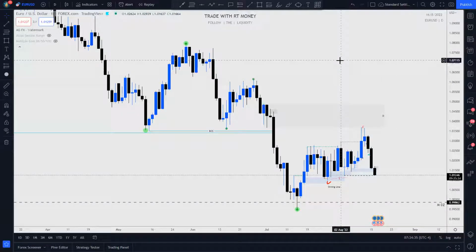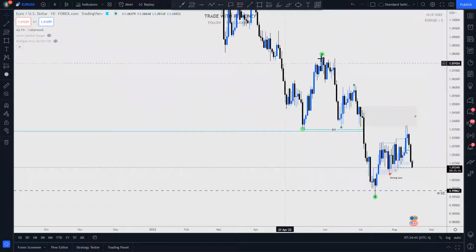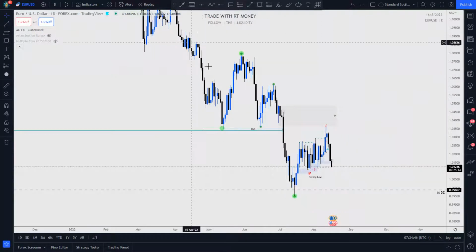Let's go over Euro USD for this New York session open. Let's take a look at the daily really quick. We can obviously see that we are making lower low, lower high, lower low, and it seems we have formed a lower high. So we get a fancy little dot there. Wow. Okay. Anyway,